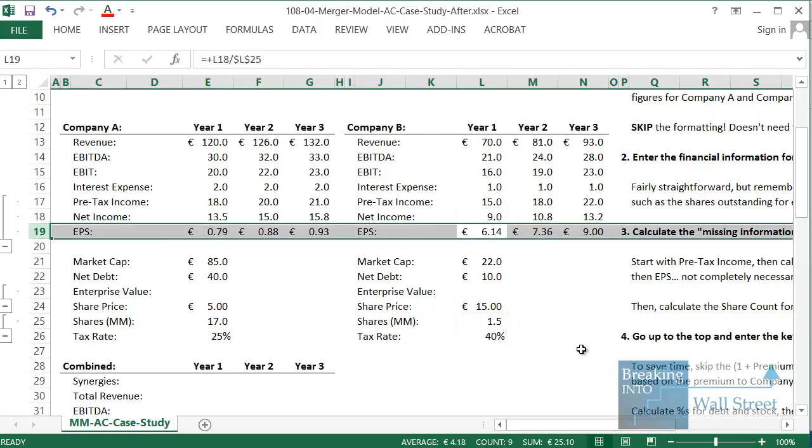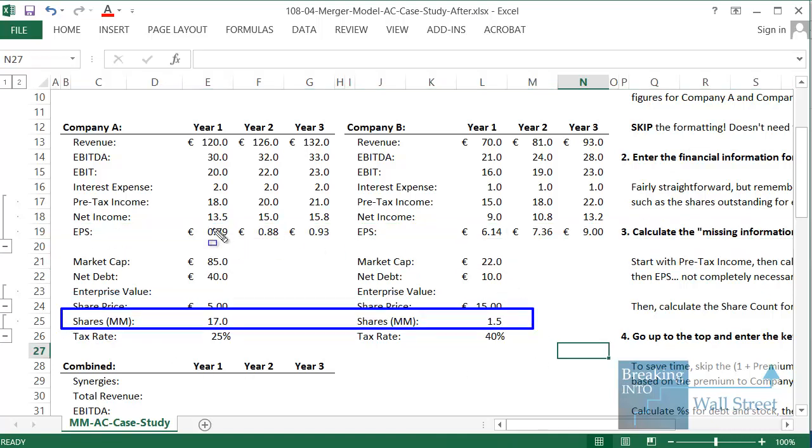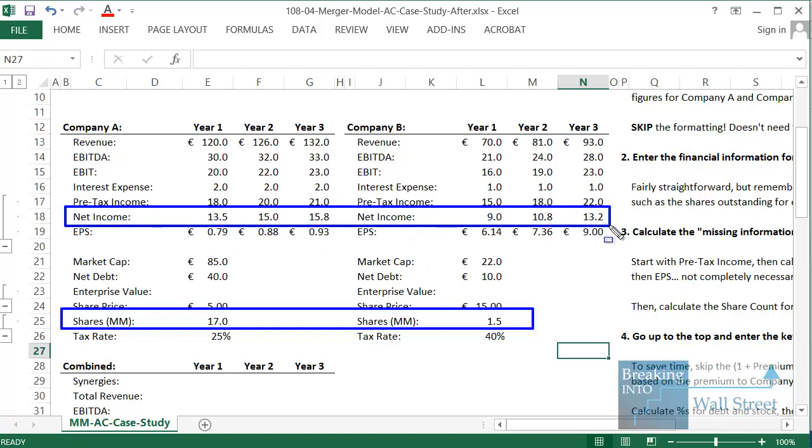So earnings per share is significantly higher for company B. Why is that the case? It's mostly because the share count is much lower. If you look at it, their net income is not really that much different from company A's, but the point of this is that their share count is a lot lower, and so their earnings per share is a lot